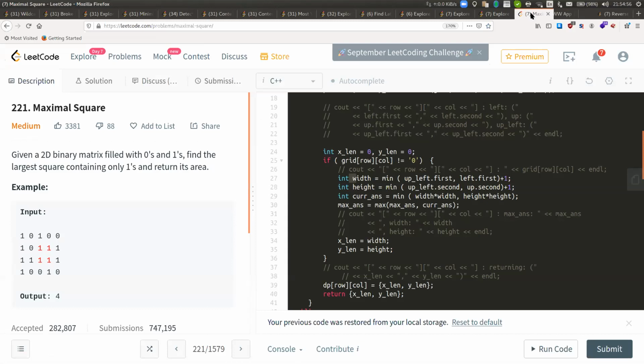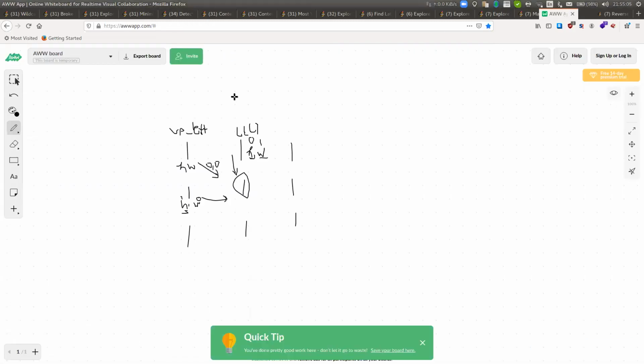So what's the idea of picking the minimum? The idea is that let's say here there had been 0 above this, and here 1, and here 0, and let's say here again 0, and here again 0. So I'm picking 1 because the maximum square can be of size 2, because this is 0. Whereas the height this will return is 2. So I cannot take that. That is why I'm picking the minimum of height and width.